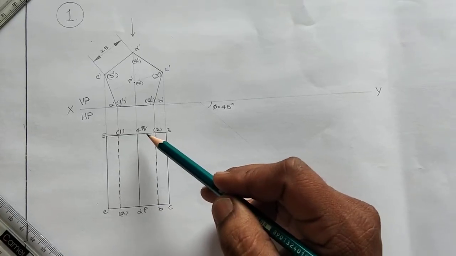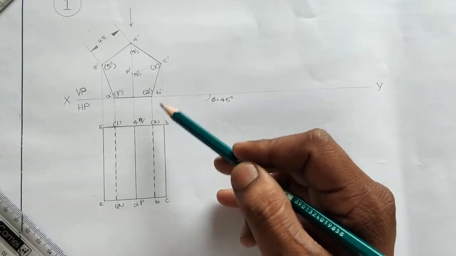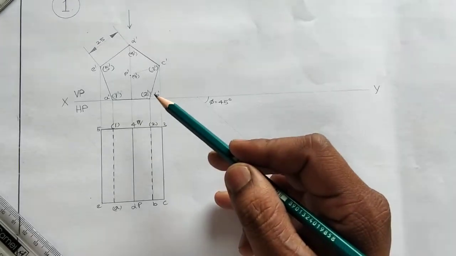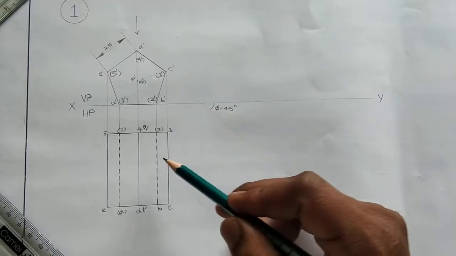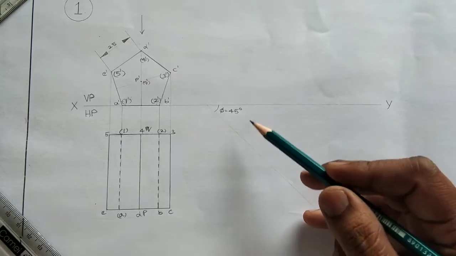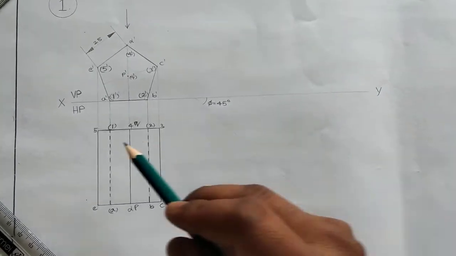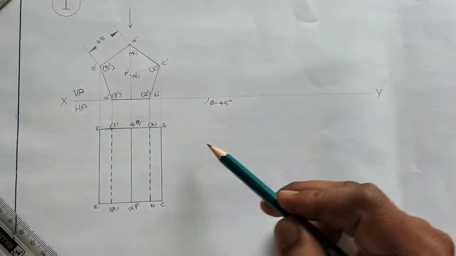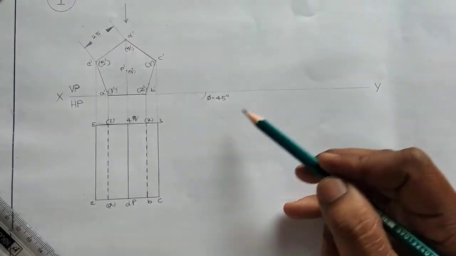And you may have the doubt what is the gap between the reference line and this particular view. Here we can maintain a minimum 10 mm gap because our top view should not be touching the vertical plane. So that is why we maintain 1 centimeter. Similarly, while we are reproducing this one in the second stage, we should maintain some gap. That means it should not be touching the reference line. So here this line is perpendicular to the axis. So here we have to construct the line 1, 2, 3 or the numbering line perpendicular to this particular 45 degrees inclined line.